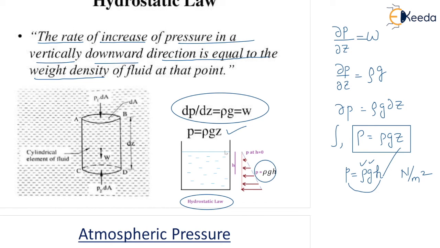So at this height from the free surface of water, you can see the value of H is 0 here. So your pressure will be 0. Pressure is 0 here. If you go down at a height H, this height is H shown here, so pressure will be your rho G H.